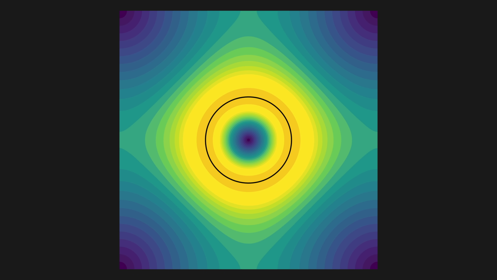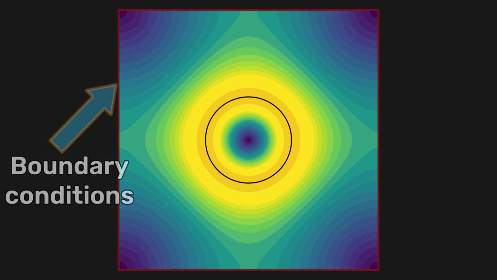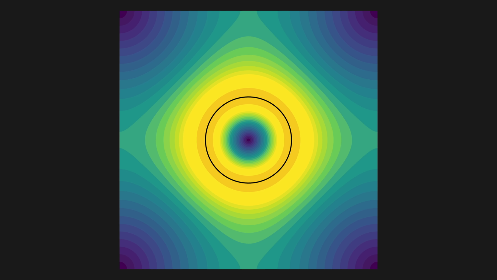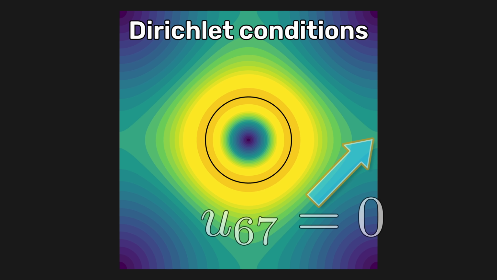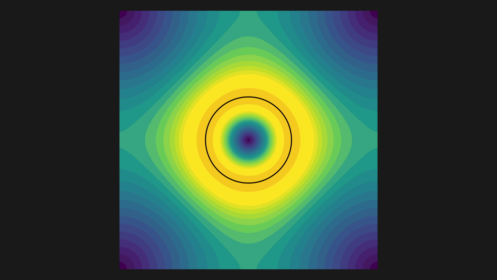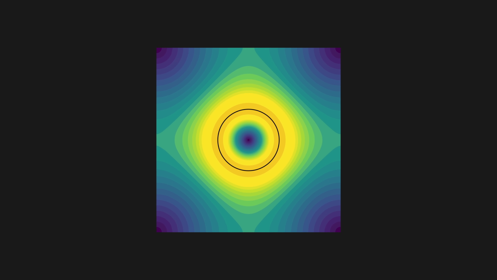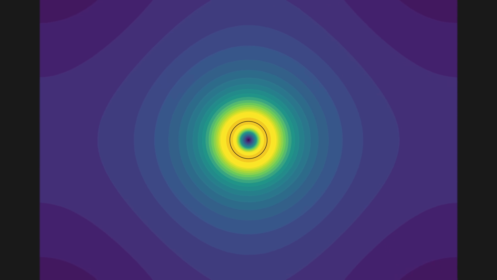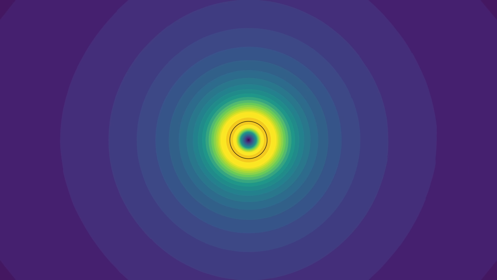Let's start with something I skipped in the previous video: boundary conditions. Any differential equation requires some boundary conditions. For calculating planetary gravity, I used a simple Dirichlet boundary condition. I simply wrote into the equations that the unknown potential at the boundary equals 0. When the simulated area is small relative to the planet, the gravity is noticeably distorted. But as the simulated area gets larger, the gravity starts looking more like the true gravity in a real infinite